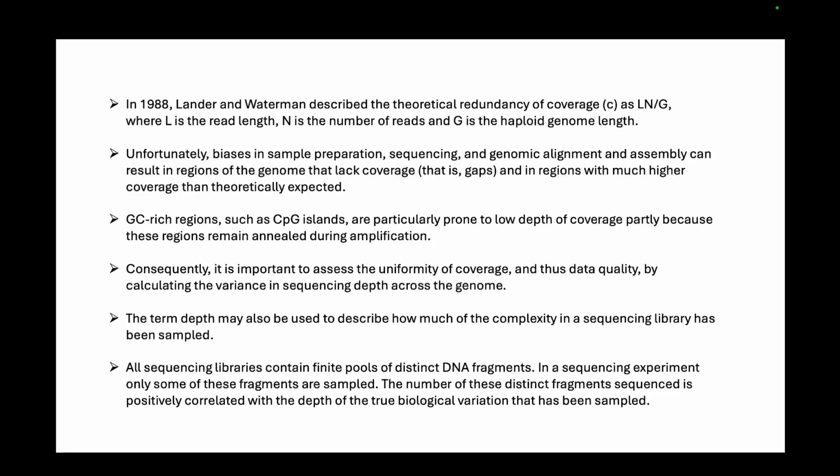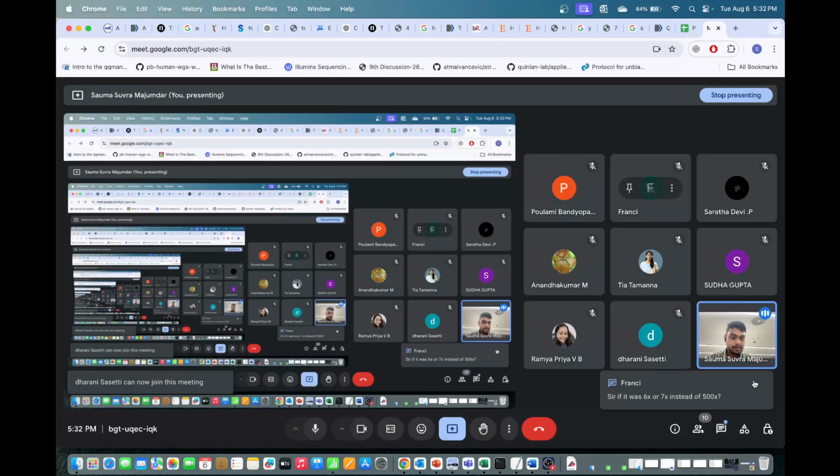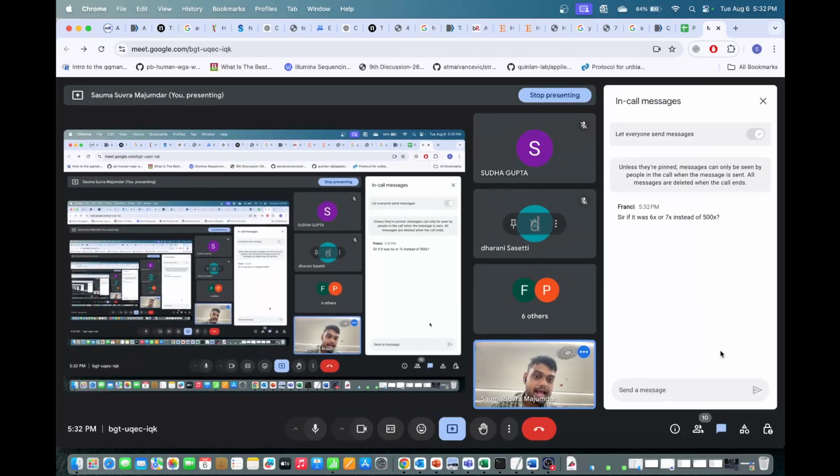So the coverage and the depth give you a lot more idea than you initially think. They can give you the whole distribution of your genome, how your different reads are distributed across your genome, and from that you can infer certain things. If there is an increase in depth, there might be a duplication. As I was saying, if it is, for example, six or seven x instead of 500x,